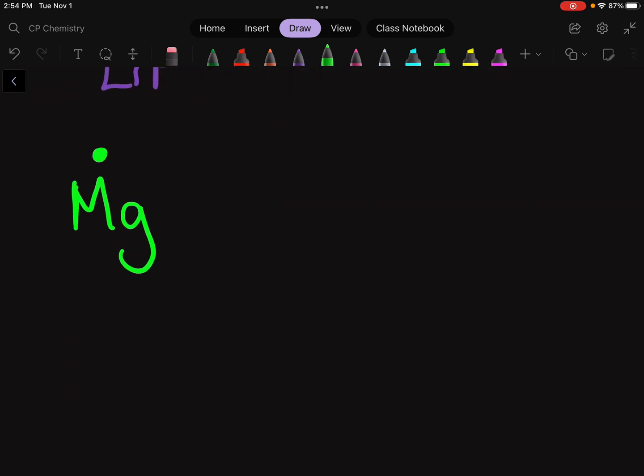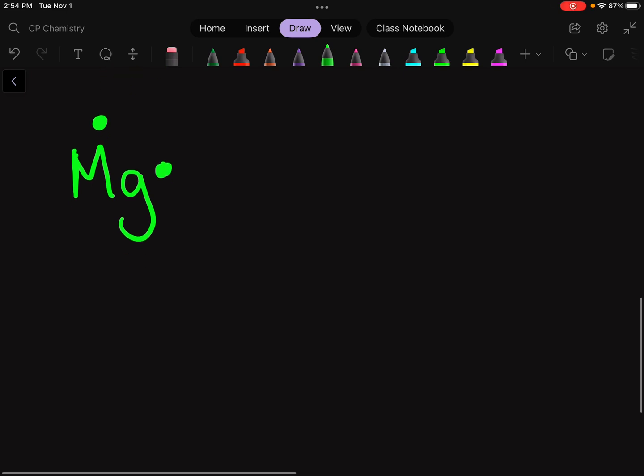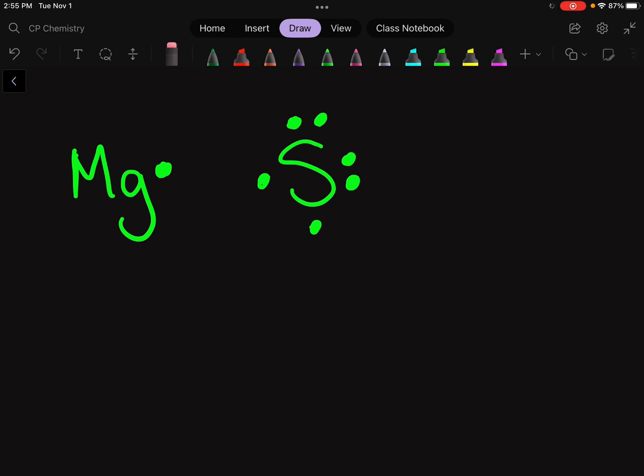So magnesium has 2 dots. And sulfur, I'm going to do them in the same color since y'all will be working with pencils. And you can see, has 6. Okay, so magnesium is the metal, and it's going to want to give its electrons to sulfur, the nonmetal, and magnesium will become the cation, which is the positive ion, and sulfur will become the anion, which is the negative ion. Since magnesium has 2 to give, and sulfur only needs 2, those 2 are just going to hop over